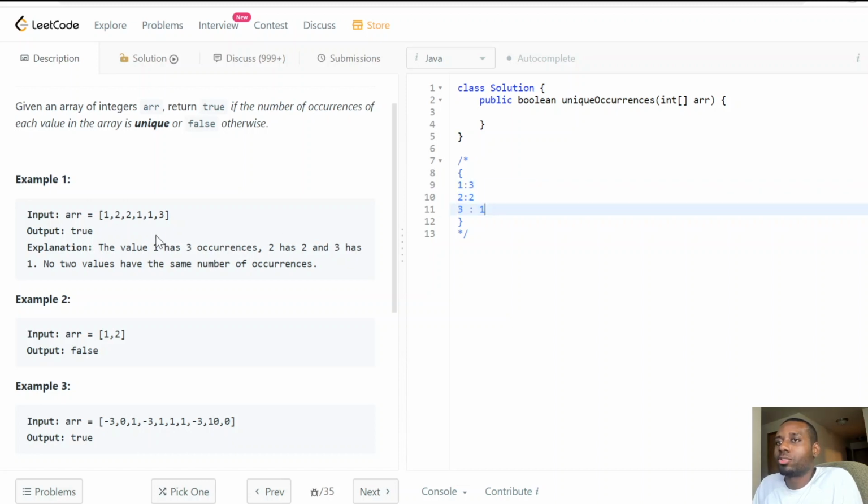So now that we have that, how does it become useful? What are we going to do after that? We have to make sure that the values are distinct, that there are no duplicates. That's how we're going to safely know